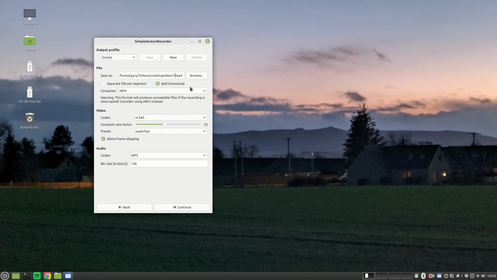So this one I'm going to call demonstrating simple screen recorder 1. Choose the container, i.e. the output type, which is MP4, the video codec to use, H.264, the audio, MP3, and then you click continue. Obviously you can save this output profile so that you don't have to change it each time. If I now click continue,